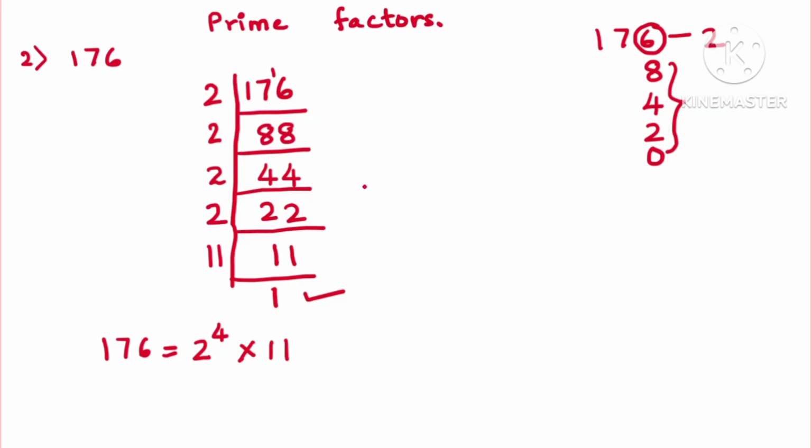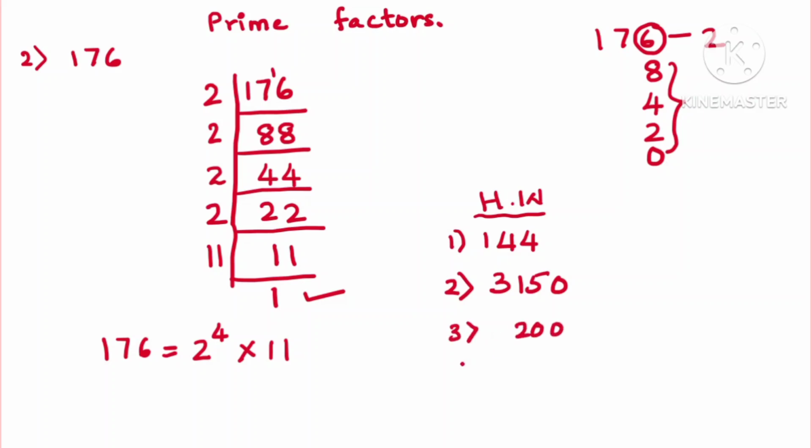In the same way you can try for your homework the other numbers. 144, need to find the factors. You can write your answers in the comment box. Then you can take 3150, and then you can take 200, and then you can take 140 or 108. Okay, so now in this concept I just want to tell you that